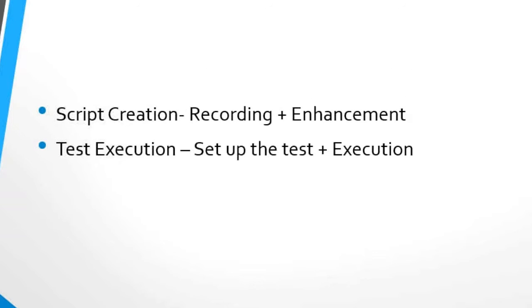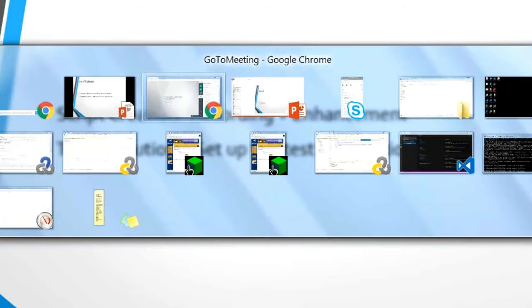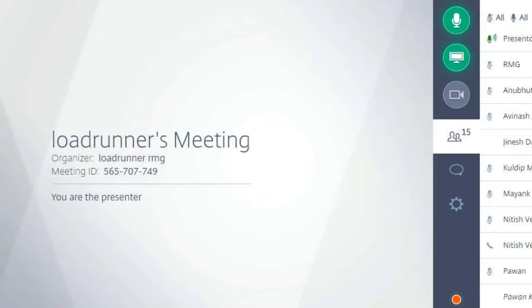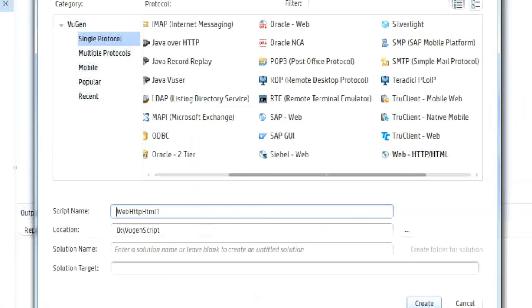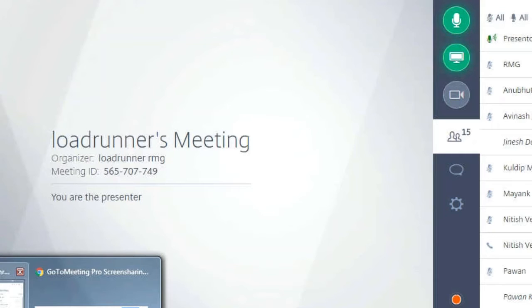So you would be saying that I want to execute these 10,000 users in some kind of fashion. I don't want to execute it right away. I want to execute 5,000 first and then 5,000 more. So all those kinds of scenarios or workload models could be defined in a Controller,